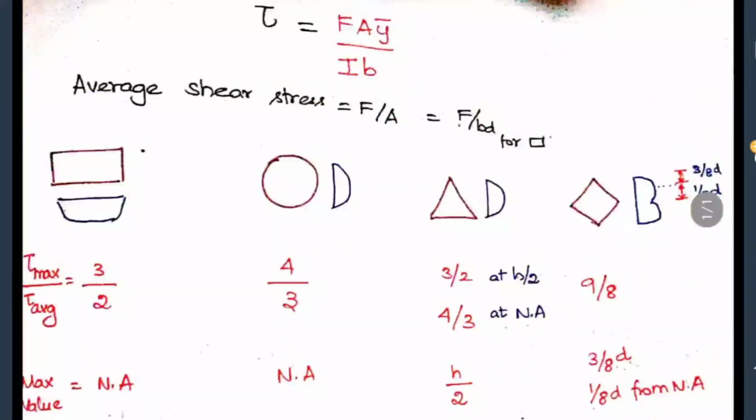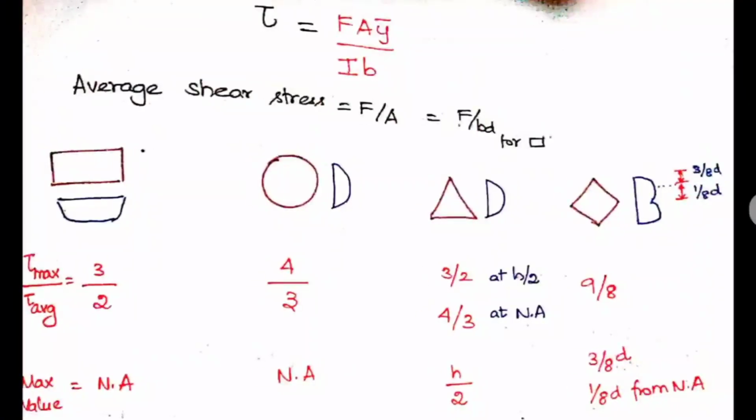So now we want to study the ratio between this maximum shear stress and the average shear stress. Okay, so I will tell you why this is important to study. In the questions, if they are asking, a triangle or rectangular section would be given, and if they are asking the tau max value, then you go for this formula, that is F A y bar. So it takes more time for you to find the value, but when you know the ratio of this you can directly do this. Okay, so that I will tell you with an example at the end of this lecture.